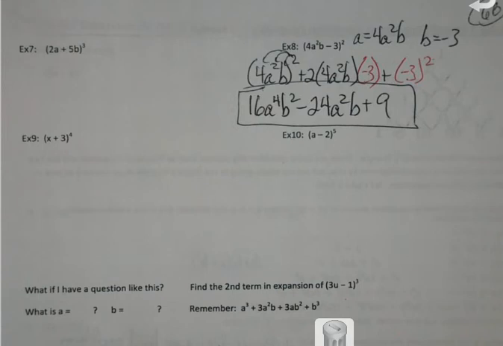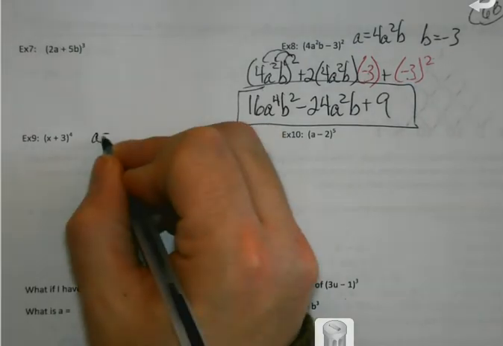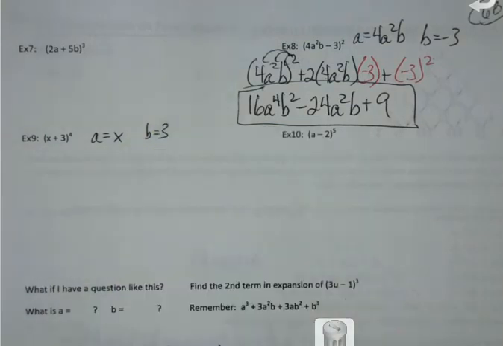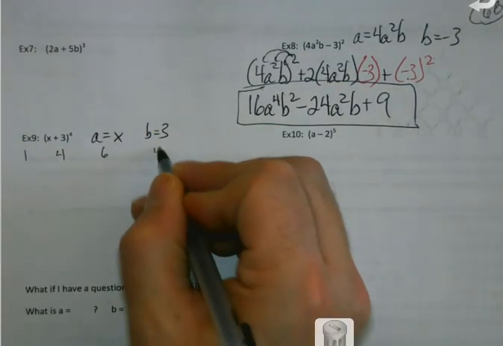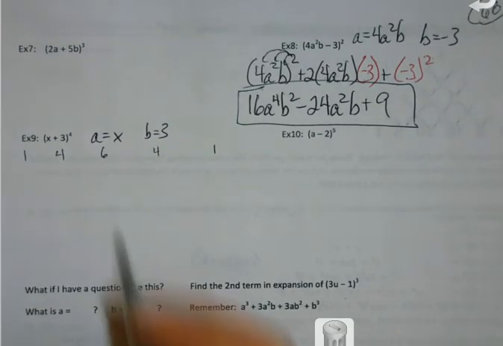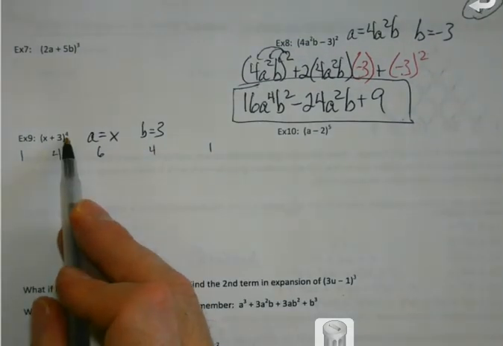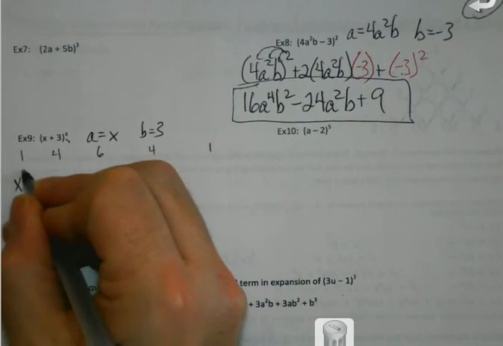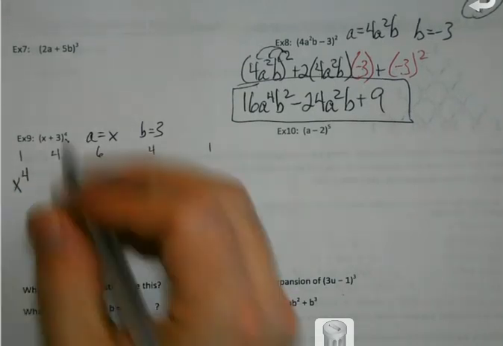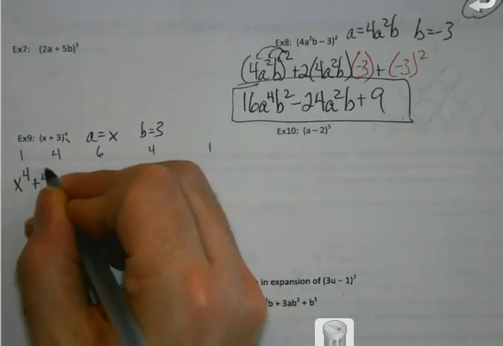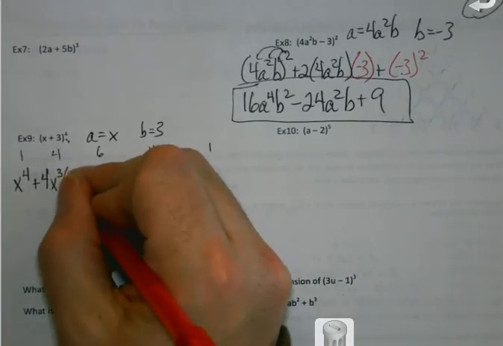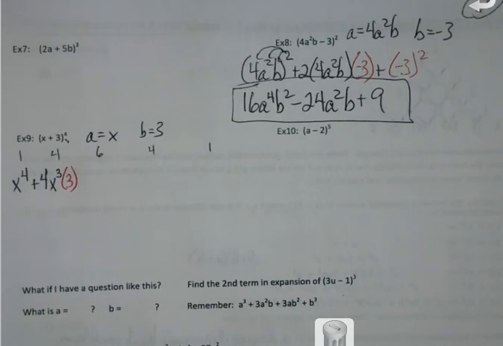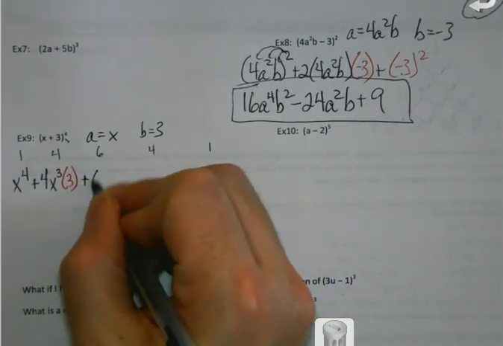Now when you get to the 4th power though, okay, now here's a newbie. So my Pascal pattern is 1, 4, 6, 4, 1. But you just start with the largest degree on your first term. So I have x to the 4th plus 4x cubed, and now I start my b term with degree 1, plus 6